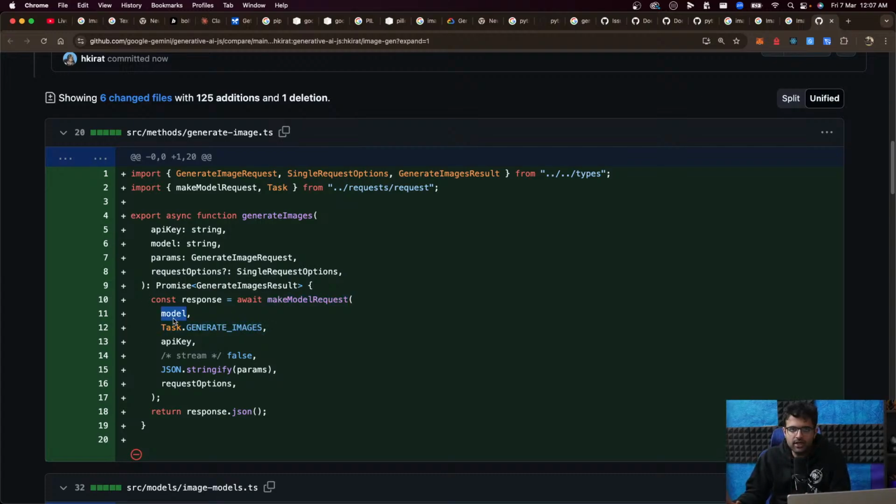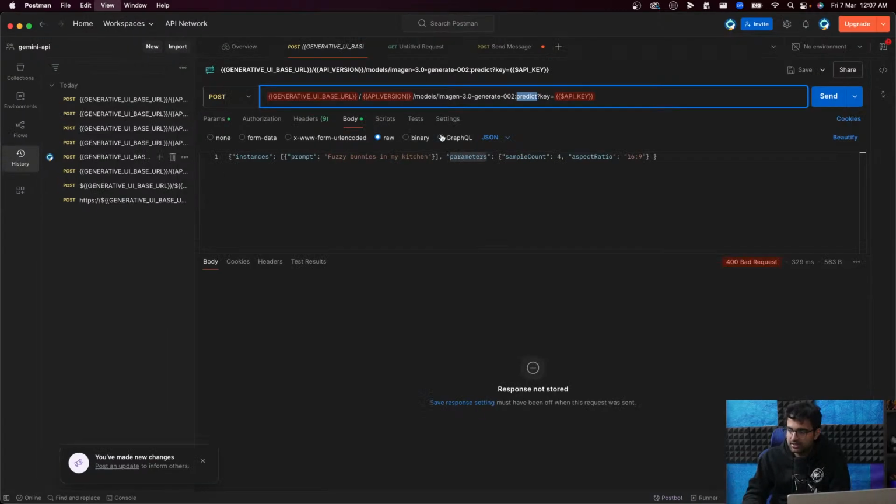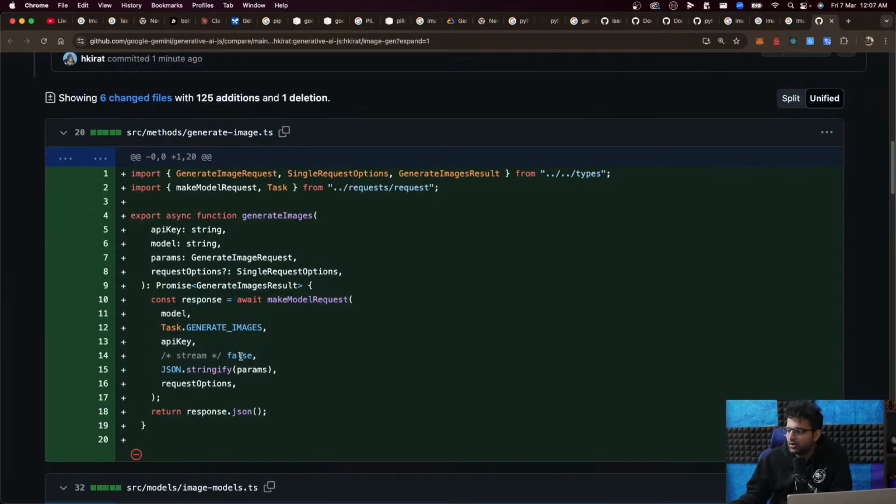Model to the image generation model, but what we're calling is not slash, colon text generate or text stream, we are calling colon predict, which surprisingly and funnily means generate an image. Colon predict over here does not mean predict text, it means create an image. That's probably the convention they used at the start, and then some developer thought of it, and that's been going on for years. API key, parameters, and request options.